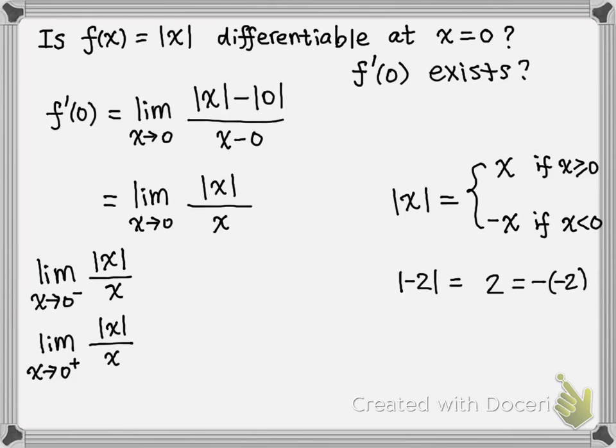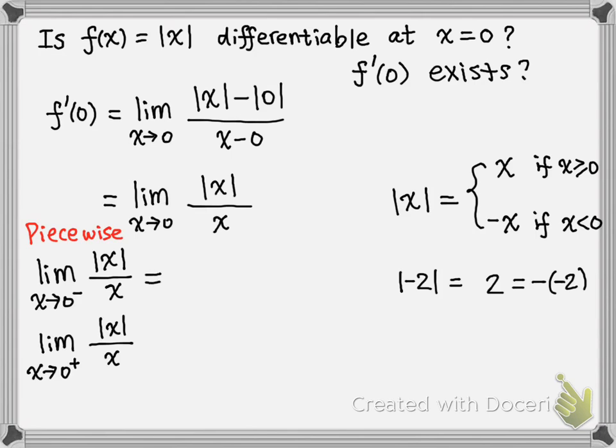Whenever you have a piecewise function, you have to break it into cases. If you have a polynomial, a radical function, a rational function, sine, cosine function, you don't have to break it into pieces